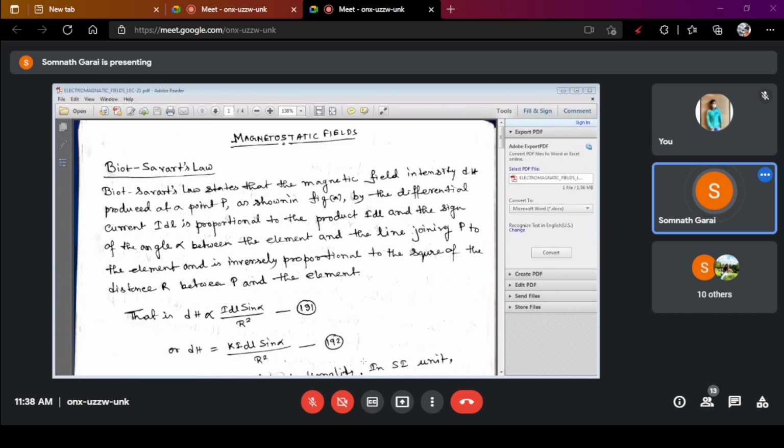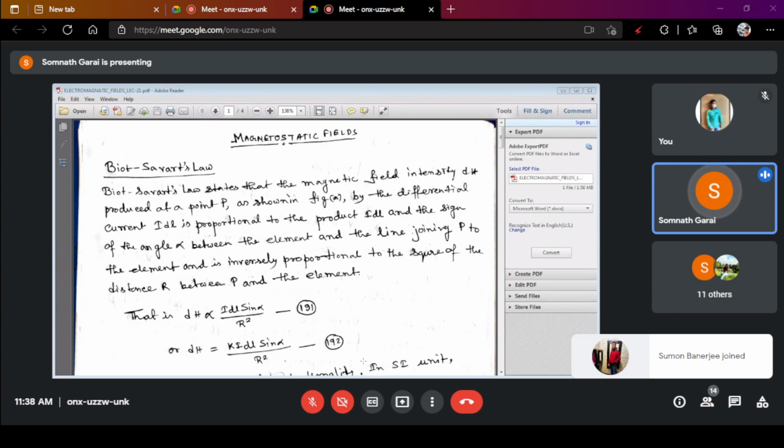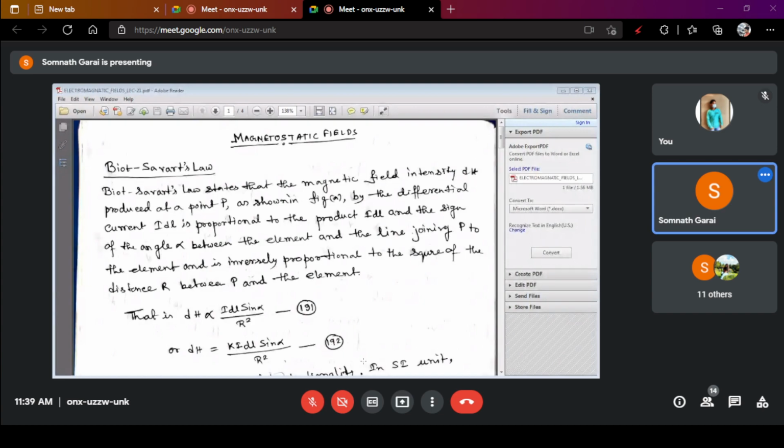So we have to calculate the magnetic field intensity. What do we mean by magnetic field intensity? It is the strength of the magnetic field created surrounding the electromagnet or the normal magnet. To determine the magnetic field intensity, we use the Biot-Savart law, which is based on this magnetic field intensity, right?